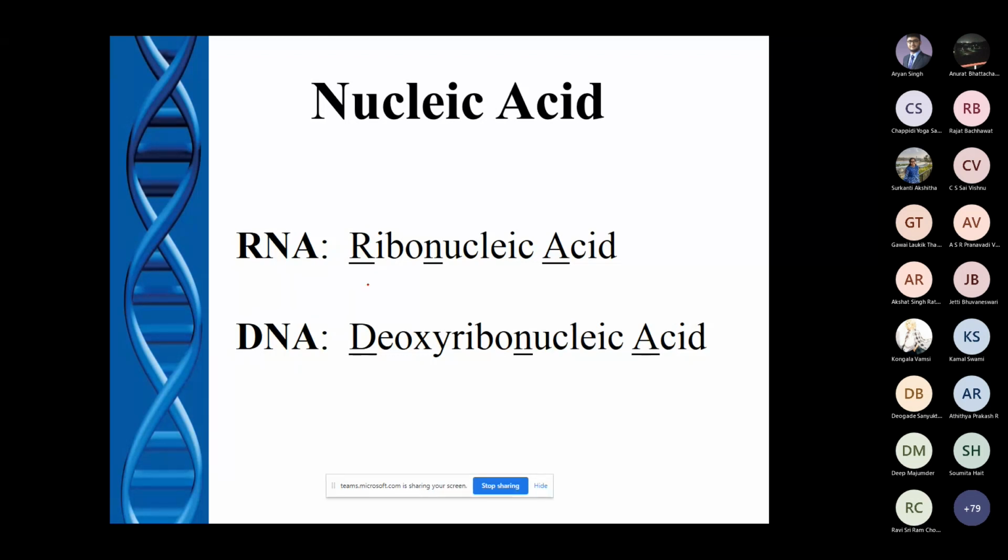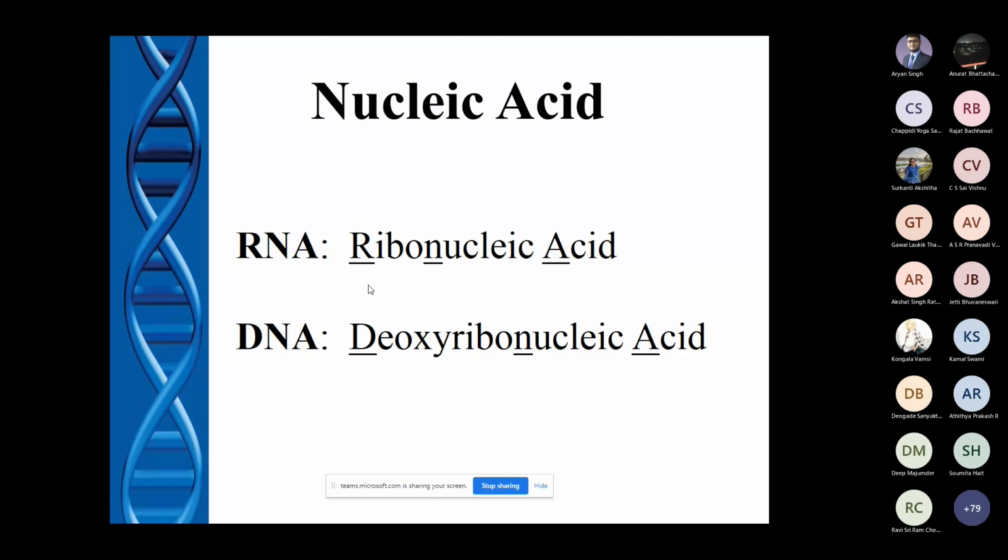So some other difference, if any one of you can mention. Sugar is ribose in RNA and deoxyribose in DNA. Yeah, exactly. So that is the huge difference. That's the sugar. That makes everything, why RNA is RNA and why DNA is DNA. That is coming from the sugar itself.